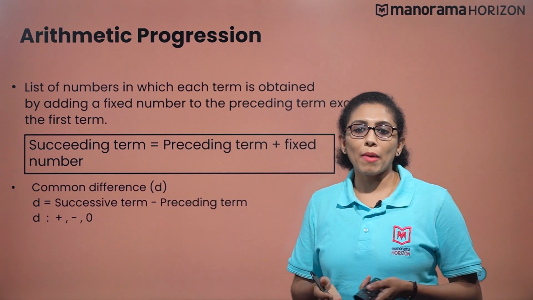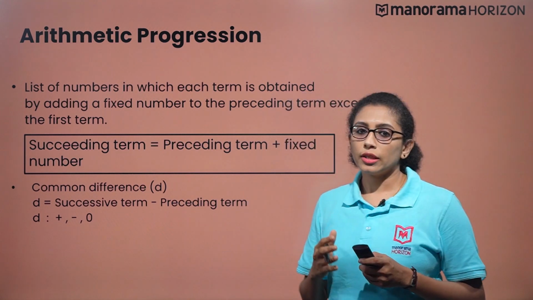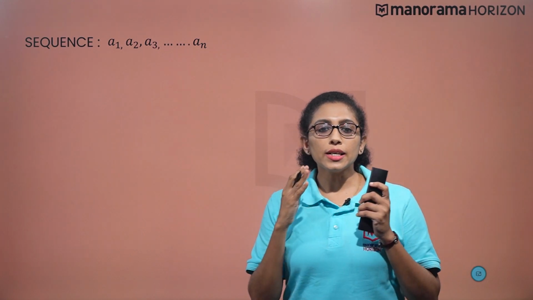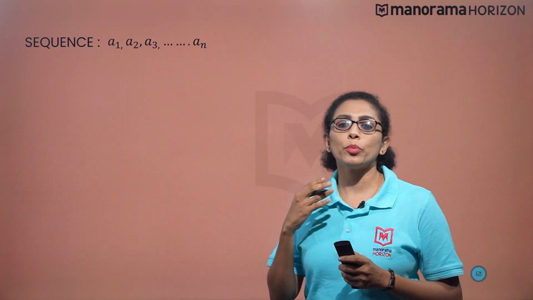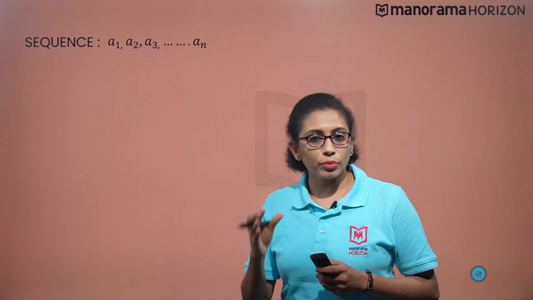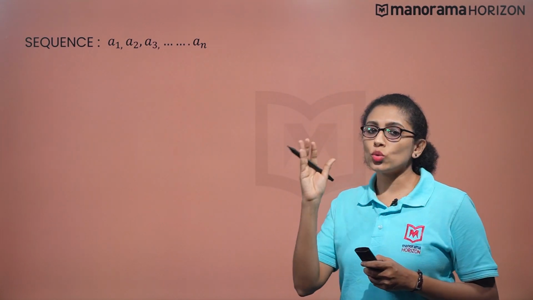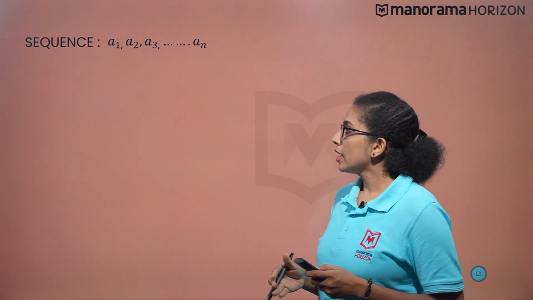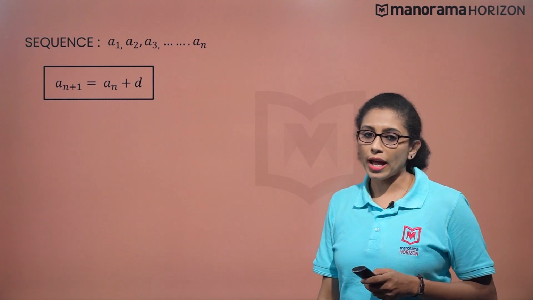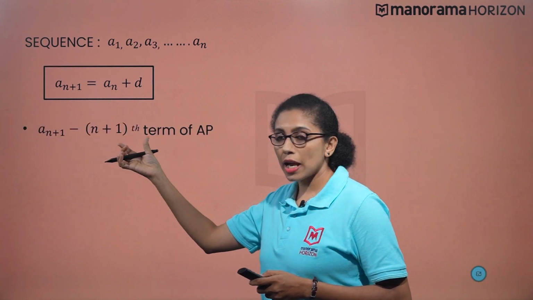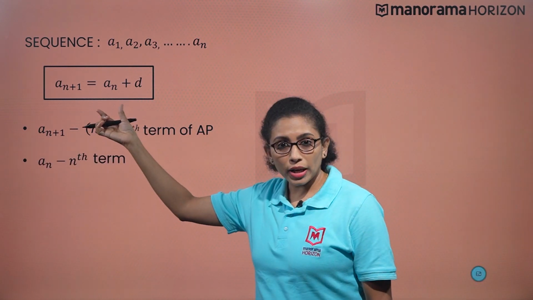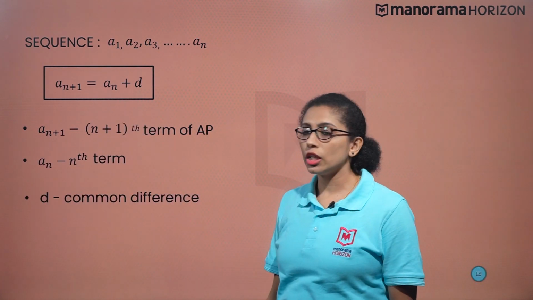In an elaborative manner, we can define a sequence a1, a2, a3 up to an as an arithmetic sequence or arithmetic progression if the (n+1)th term of the sequence is obtained by adding a common difference to the nth term. That is, a(n+1) is equal to an plus d, where a(n+1) is the (n+1)th term of the AP, an is the nth term of the AP, and d is the common difference